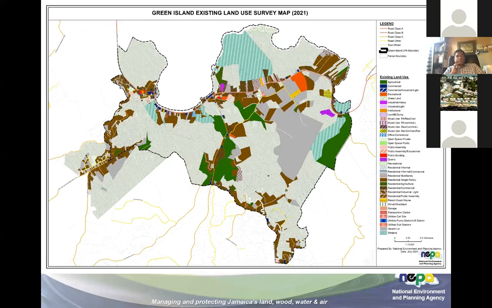Similarly for Green Island, again, we're seeing some dense vegetation, shrub woodland. We're seeing some significant vacant lots represented by the gray. We're seeing some residential areas, some wetland areas as well, as identified by, if you can see my cursor, these are some wetland areas. So we are getting a view and seeing what exactly is happening on the ground.